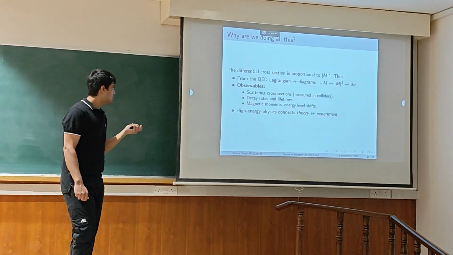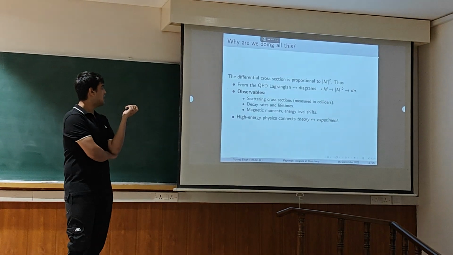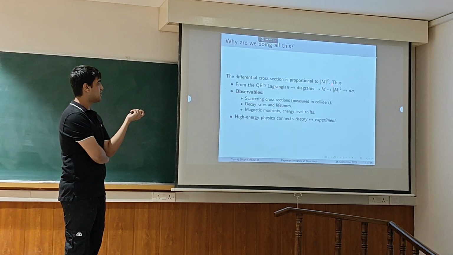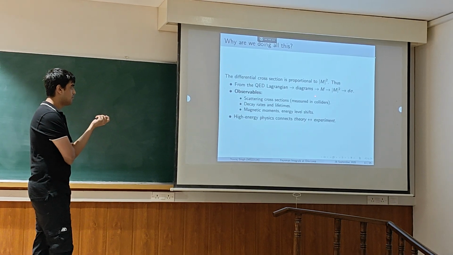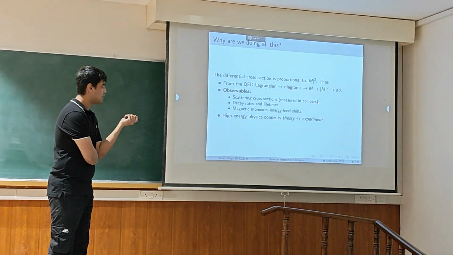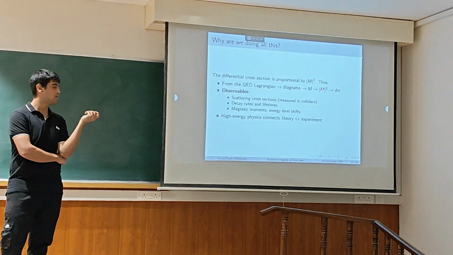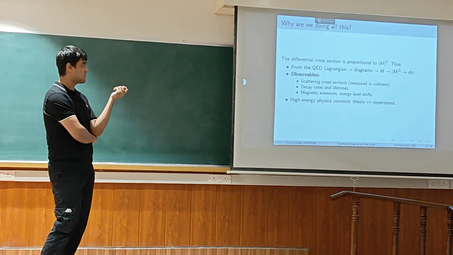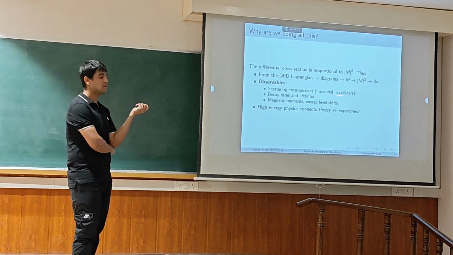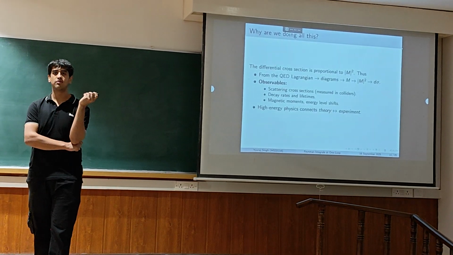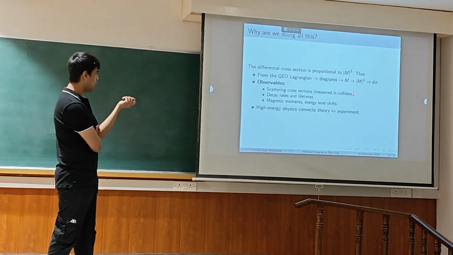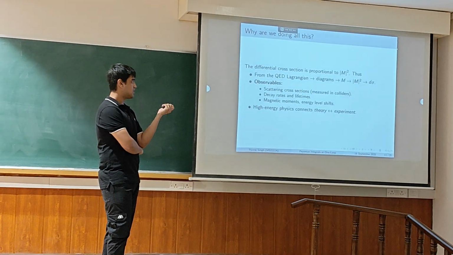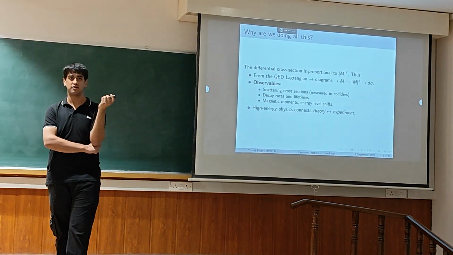So we see now we have the QED Lagrangian. We get the diagrams. The diagrams are directly related to our capital M, which we got from the S matrix, and its square will give you an observable differential cross section. So here we can justify, or basically test, our theory if all this leads to some physical interpretation which we can measure. And all these observables are directly associated with the S matrix, which is indeed associated to the M and the Feynman diagrams.